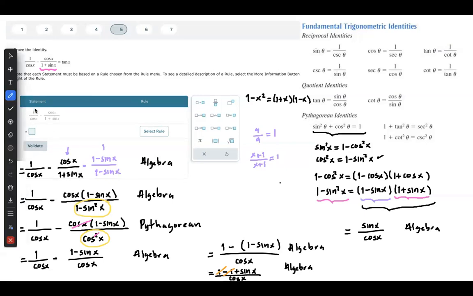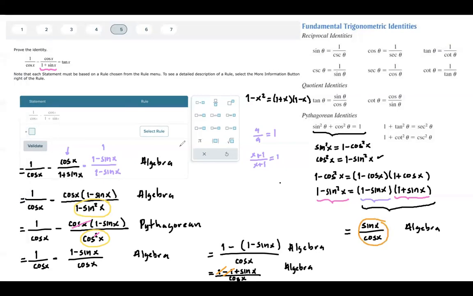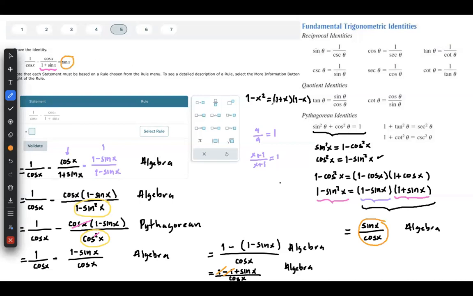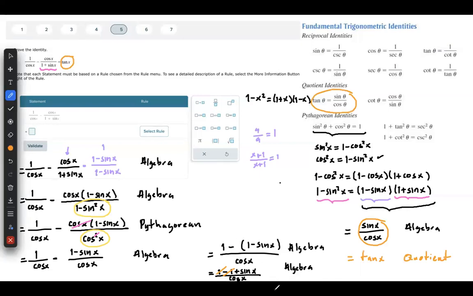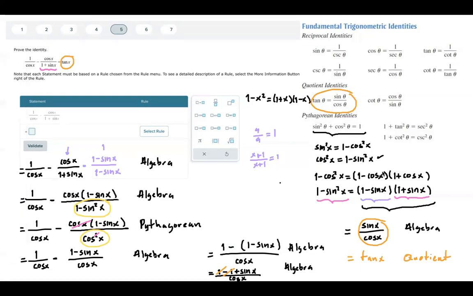And now we can simply go for an identity that allows us to turn sine over cosine into tangent. And that is our quotient identity. So this is equal to tangent of x because of the quotient identity. We'll try to retrace the steps that we followed to see if we can make some sense out of